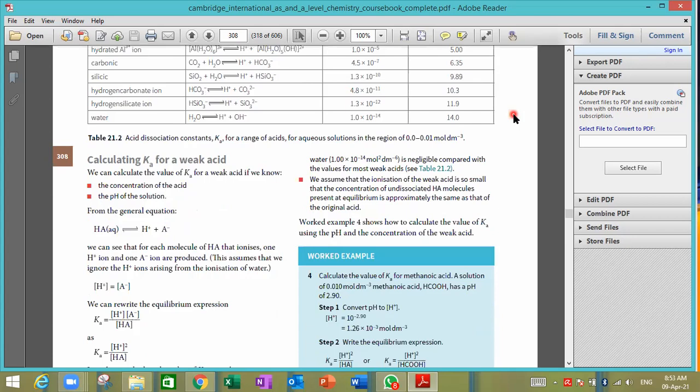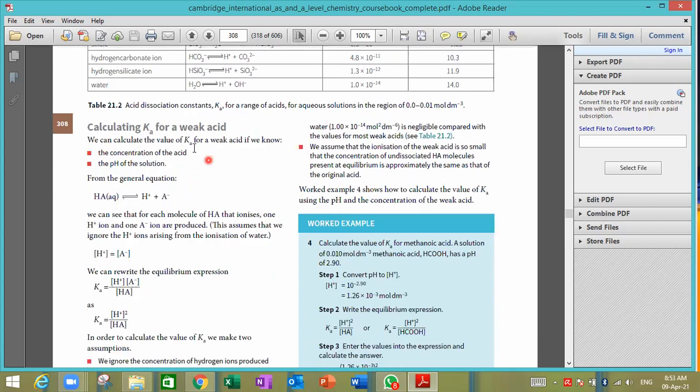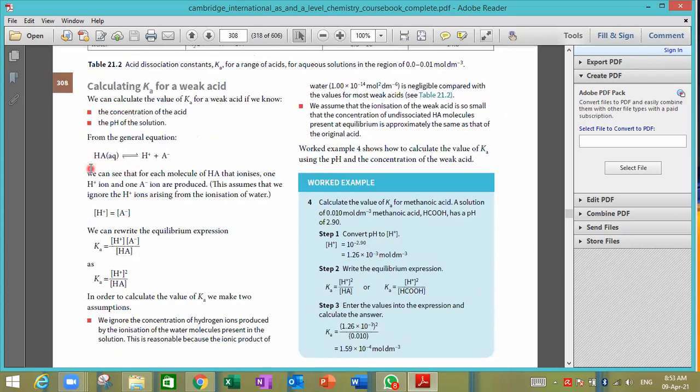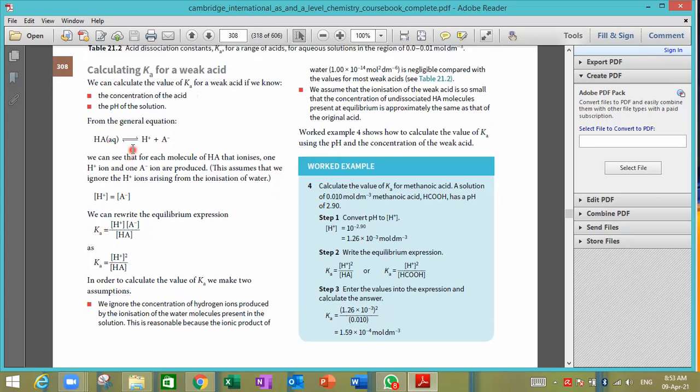Now, calculating the Ka for a weak acid. If we take this in general, the weak acid HA, which is a general symbol for a weak acid, partially ionizes into hydrogen ions and A minus. And since the hydrogen ions and A minus are equal, we can remove the A minus and put H positive instead of it. Ka equals hydrogen ion concentration times